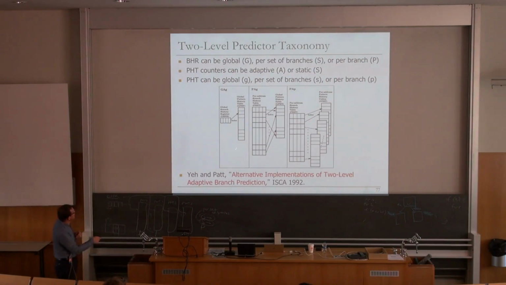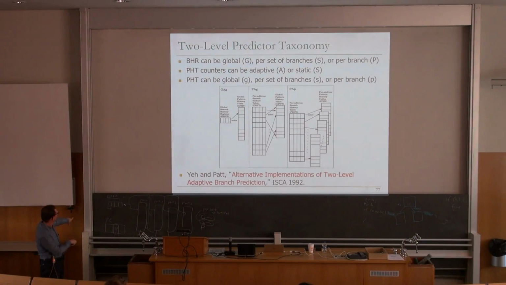This is the global predictor. It's called GAg: the BHR is global in this case, and the pattern history table counters are adaptive, not static. And the PHT is also global. This is exactly what I had here for the global, but not this one. This is the Pentium Pro. If you have only one PHT over here, that's the same as here. This is actually